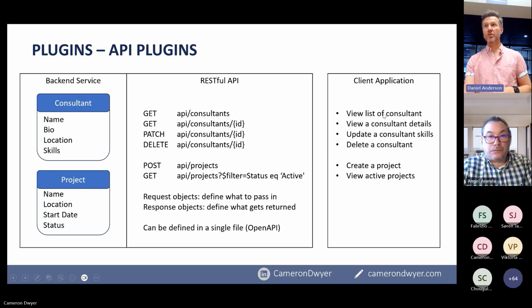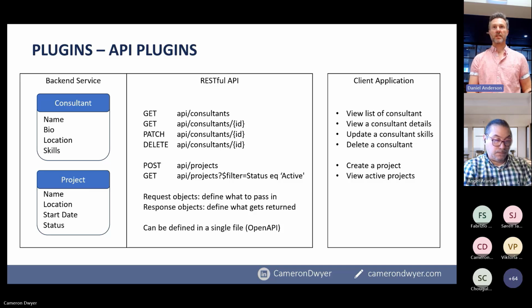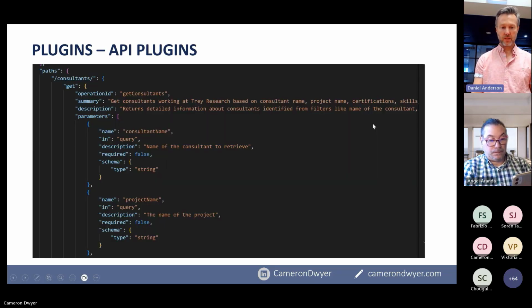You could still use this, but what if Copilot could understand the Open API and you could just talk to the API? Because we know all the operations because this thing defines it. We know what the request object is if you try to use it because it's defined in the standard, and I can understand what's coming back because that's defined in the standard as well. So this idea of API plugins is that Copilot and you in natural language via Copilot can now talk to the backend APIs directly without the need for a client application.